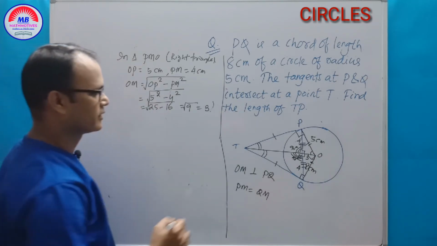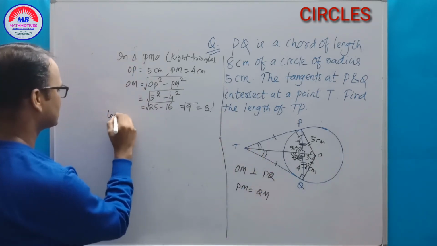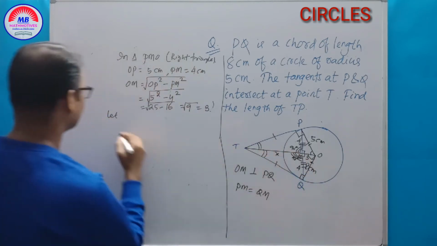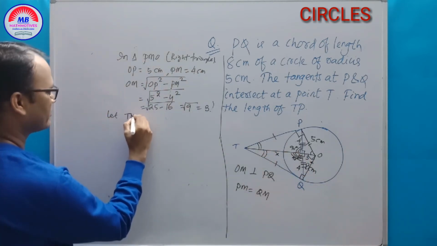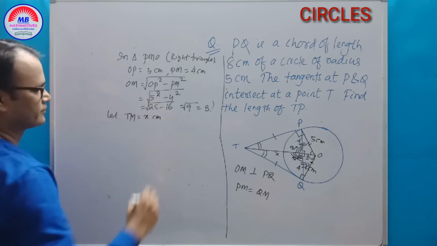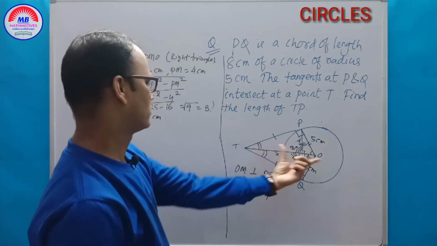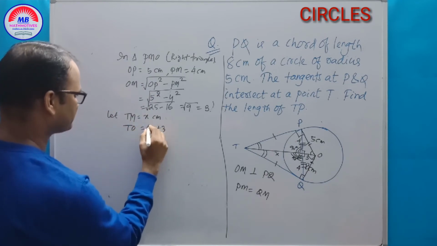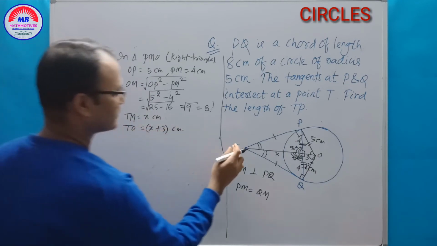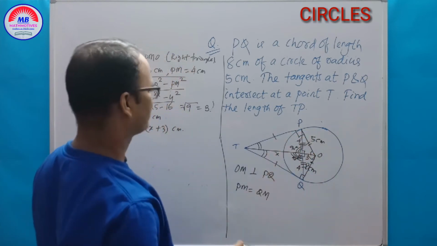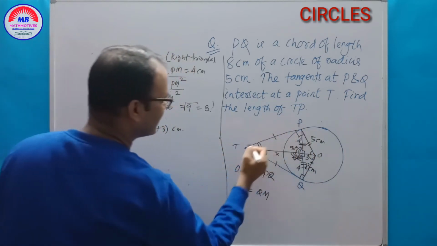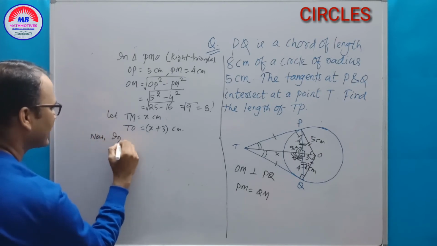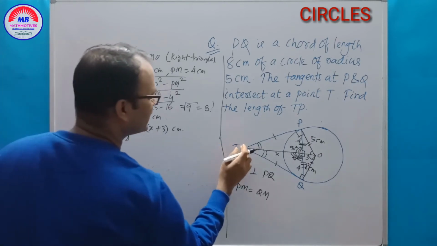Clear? Now we take, let TM equal to x centimeter. So TO equal to x plus 3 cm. Now in triangle TPO,